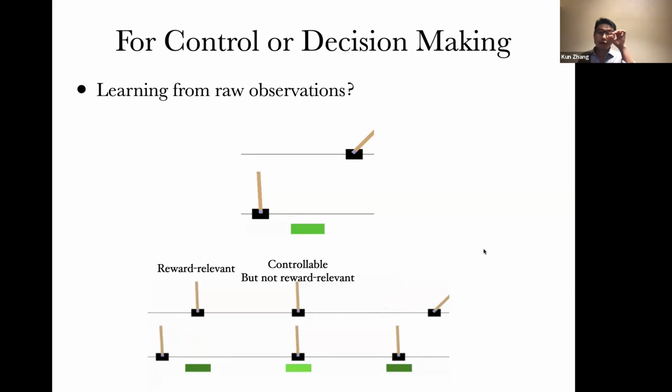Once you have the causal model, you know how to make a difference, right? You can see what can be changed by your action, and you can foresee the consequences of the action. And then you can see what to do in order to achieve the goal, to keep the pendulum balanced in this case. Okay, so now you can see why causal representation learning is very useful if you want to deal with new problems without really understanding the underlying process. You can only collect raw data.